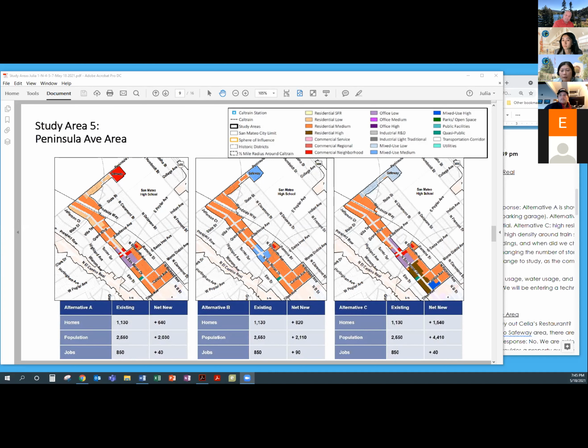So we are considerate of people's input, which is part of the reason we're seeking input right now, for residents such as yourself to let us know the areas that should be important to consider preserving, and areas that may be opportunities for change. What we're showing in these three alternatives is input that we've received from the community from past events.